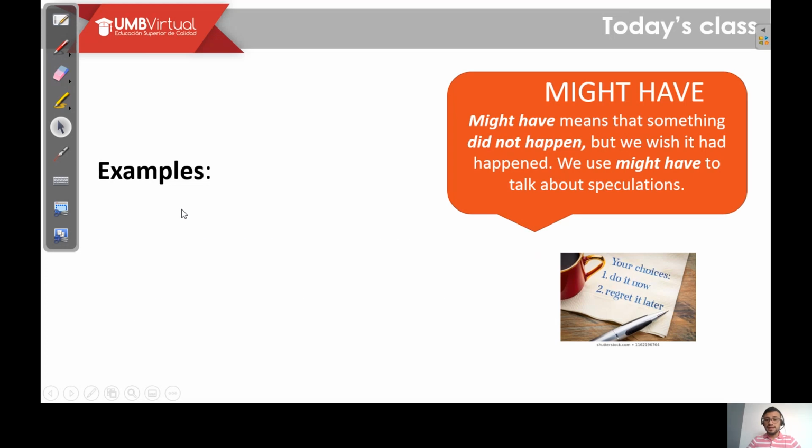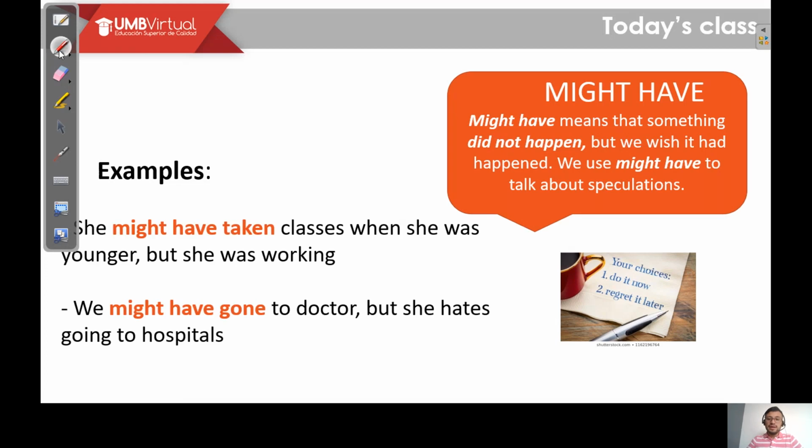Now, continue with might have. With might have, again, things that did not happen, but we wish it had happened. Yeah, we mainly use might have to talk about speculations. So it is not like in the previous case, where you know something happened in the past and you know you could do something, but you didn't do it. In this case, it's more about